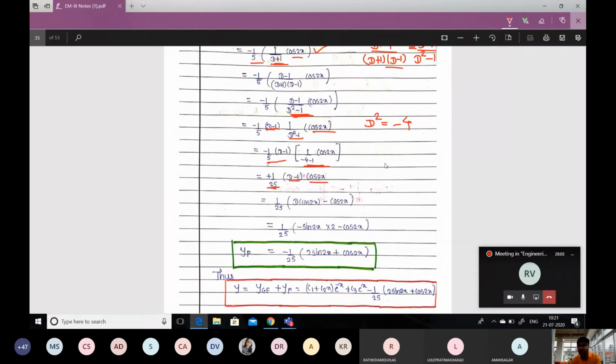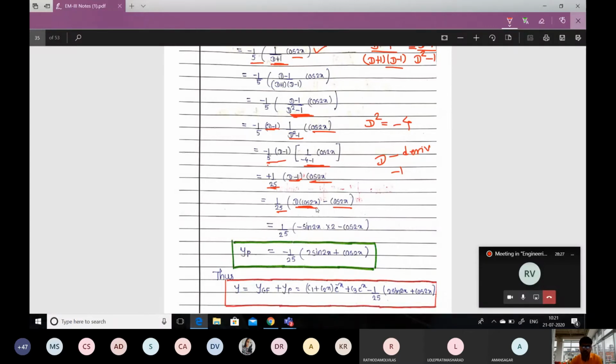Now D stands for, if there is a D in the numerator, so we know this D stands for what? Derivative, and minus 1 is just the constant. So just multiplying this cos 2x inside, we get D times cos 2x, 1 upon 25 as it is. And this minus 1 times cos 2x, so minus cos 2x. Now D stands for derivative, so we need to take the derivative of this cos 2x, and it is very simple to take the derivative now.